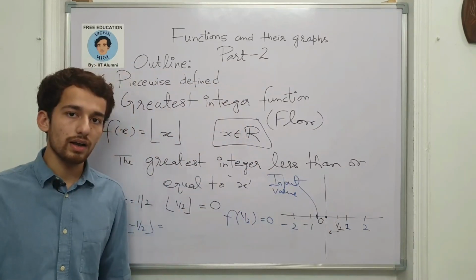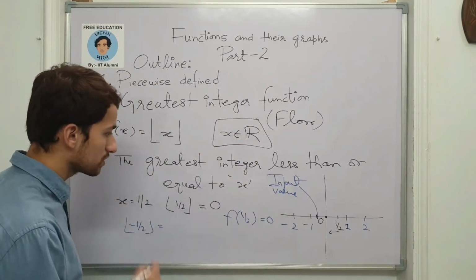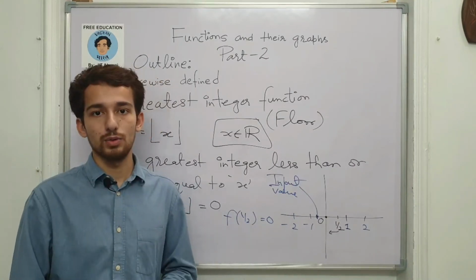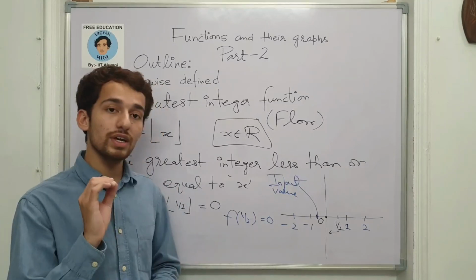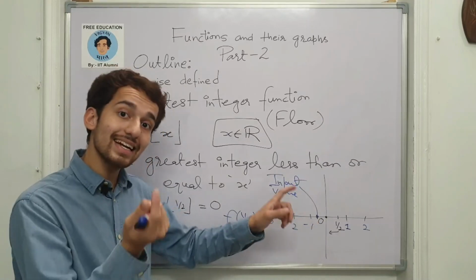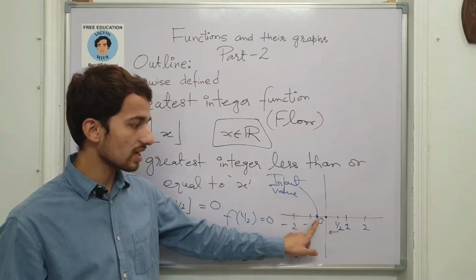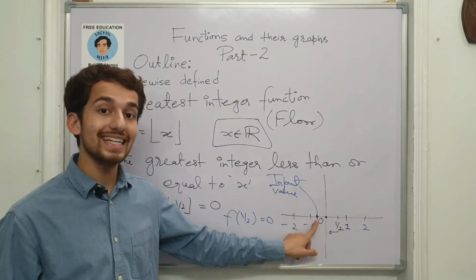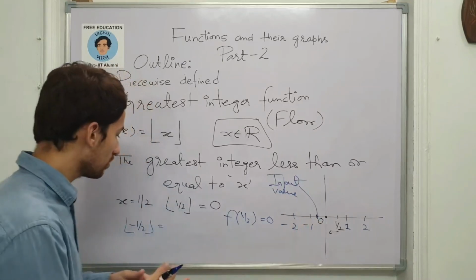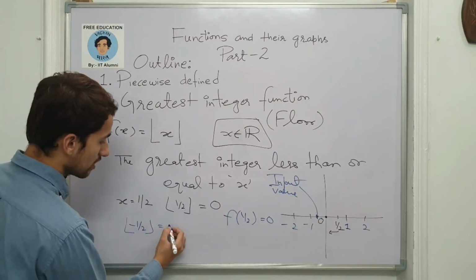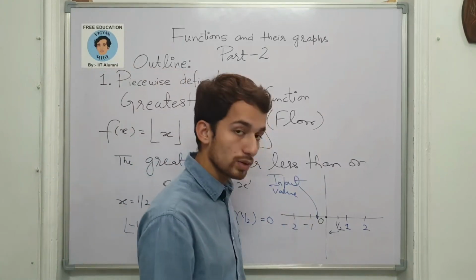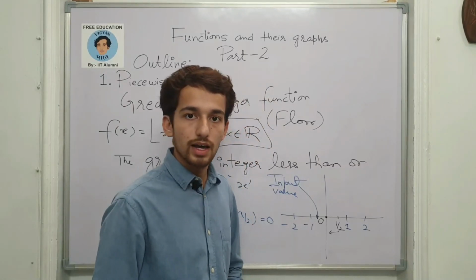So what is the output in this particular case? If you observe, again you have to choose the greatest integer less than or equal to that value. The case of equal to cannot hold because it is not an integer. So definitely the output will be an integer less than that number. The number which we chose is minus half, minus 0.5. So the integer less than that input is minus 1 on its left. So the answer which it emits is minus 1. So if I now try to plot those inputs which I have just chosen, you observe something.